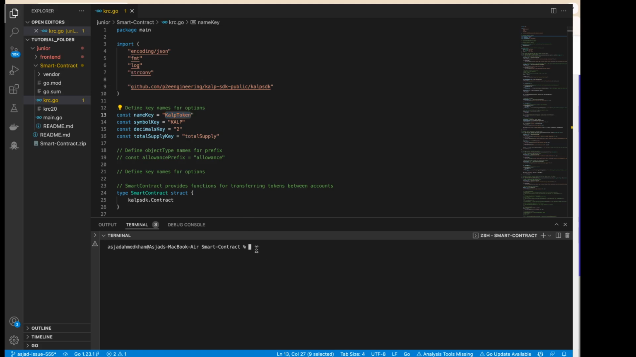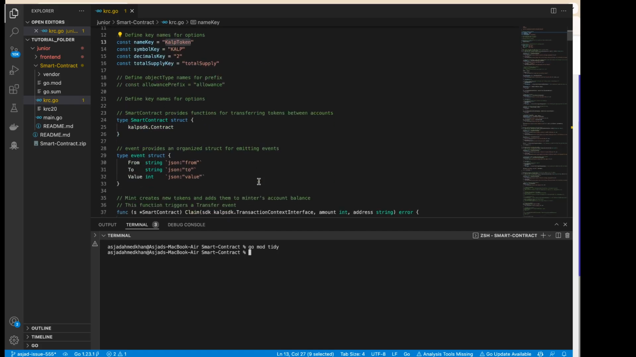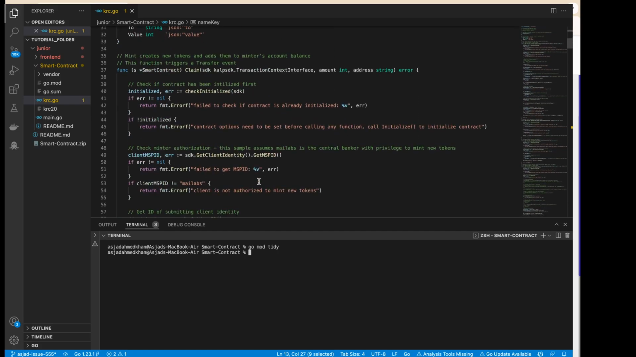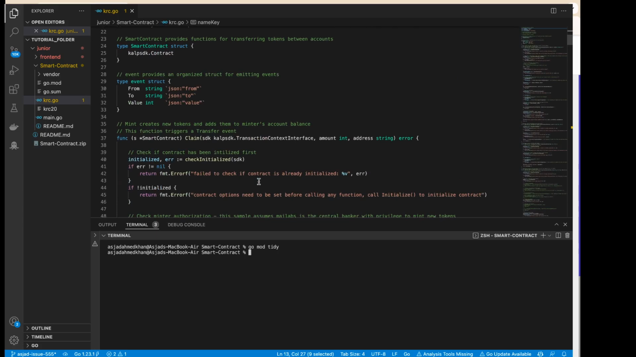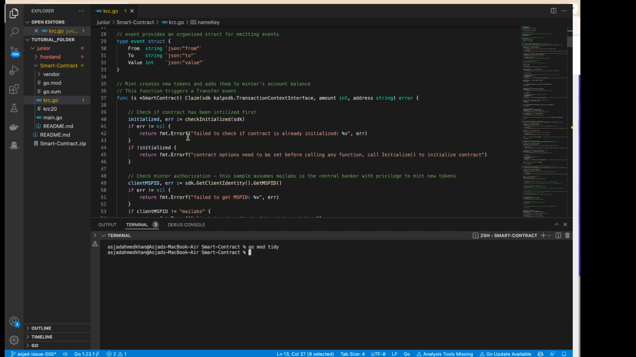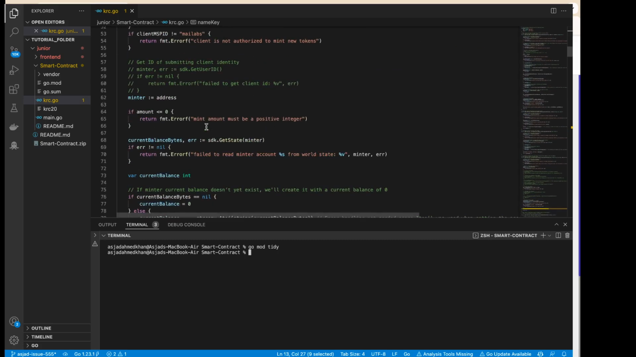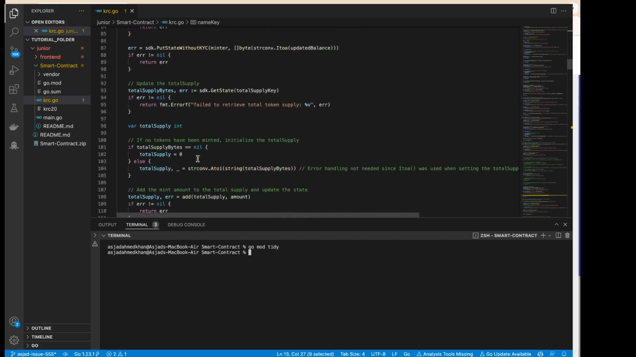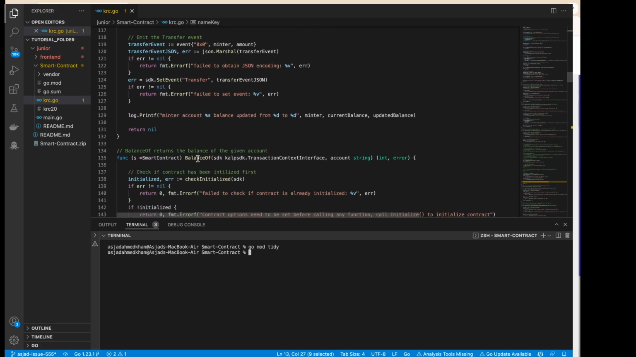So in the terminal, navigate to the smart contracts folder, and to ensure that all of the dependencies of the smart contract are being met, type go mod tidy and run. This ensures that all of the dependencies for our Go smart contracts are being initiated. Basically, it's a small smart contract that initializes a token airdrop system. We can see there are a few functions such as claiming the tokens, initializing the transactions, checking the balance,